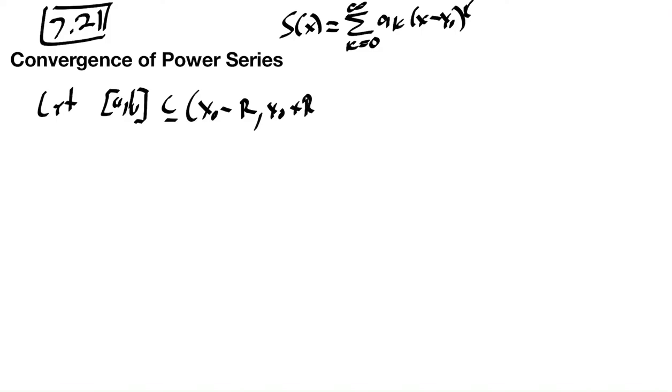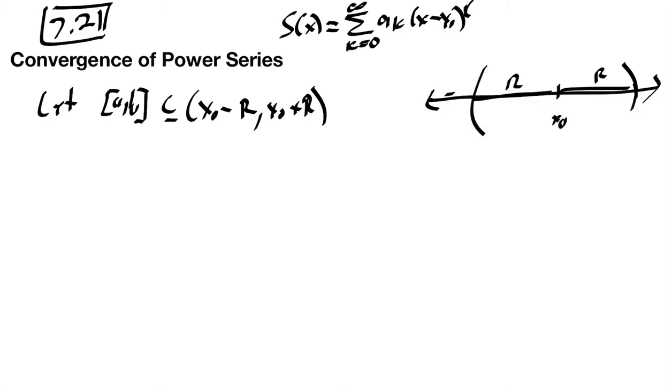Inside my set, x naught minus r and x naught plus r. Well, since it's closed, and we have this picture drawn that looks like this, that means x naught is right here, and then r is this distance, and so we go from there, and r is this distance, and so we go here. And then we've picked some interval inside of that,